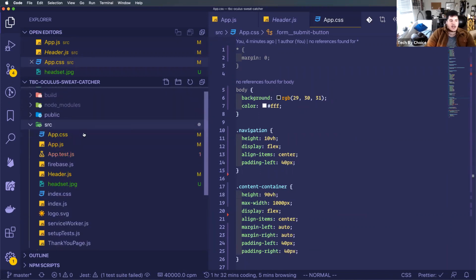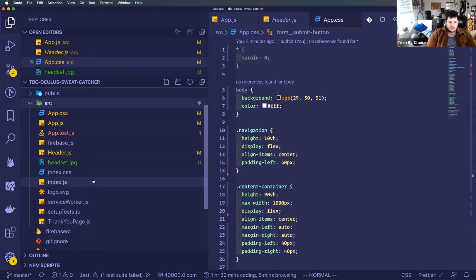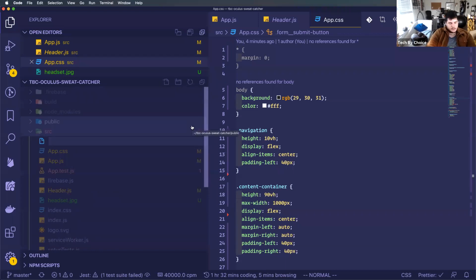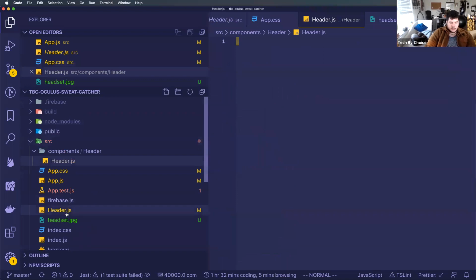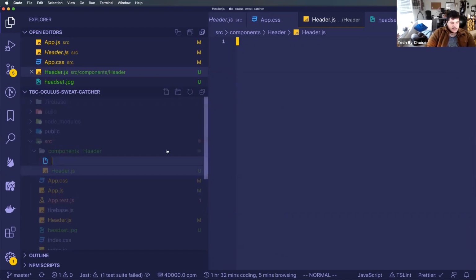So one of the ways that I structure my folders, that a lot of different methodologies of organizing your files follow, is to have a components directory inside your source. And then in that components directory, for every different component you'll have a folder. So in this case, it would be header. And inside that header folder, I would have that initial header component, right? So I would just move this file in here. And then what I could additionally have is